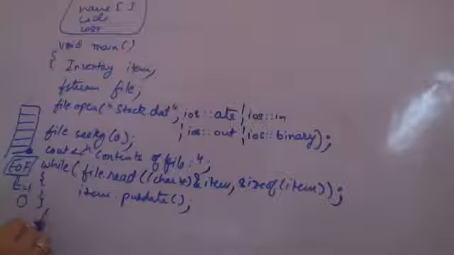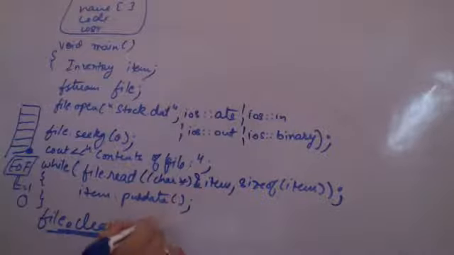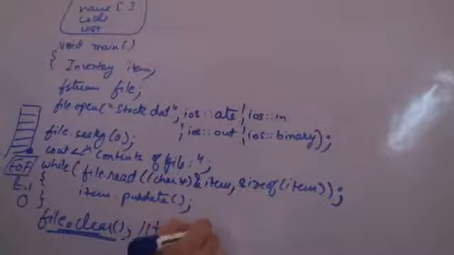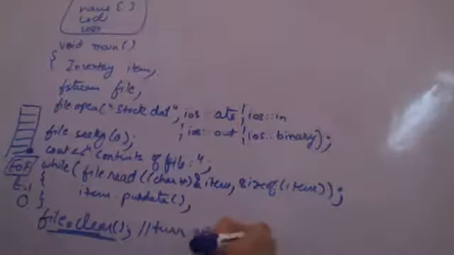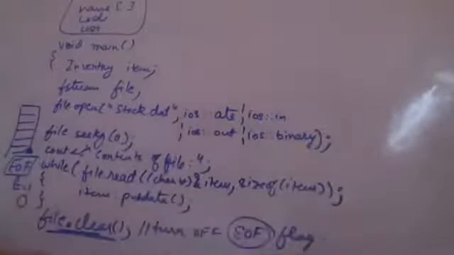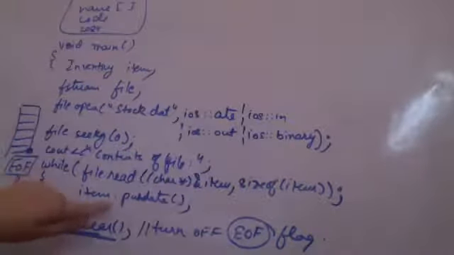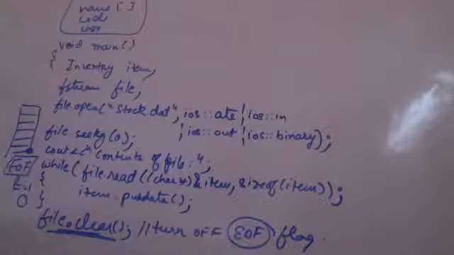What I do is file dot clear is a function that I am calling. What it is doing, it is turning off the end of file flag. Only this I am doing with this. Till now फाइल में जो भी डिटेल्स थी वन ऑब्जेक्ट बाय वन ऑब्जेक्ट हमने item dot put data यूज करके we have been able to print them on the screen. Understand what is happening here?